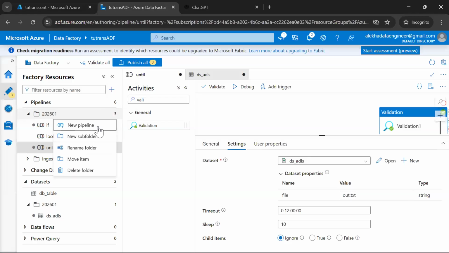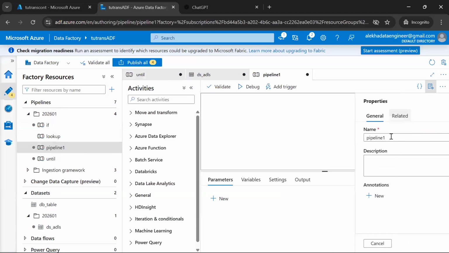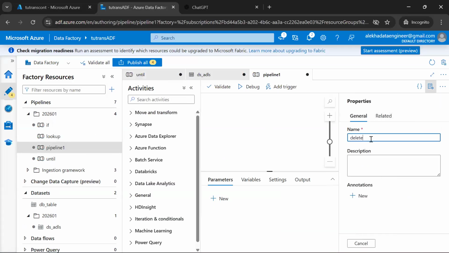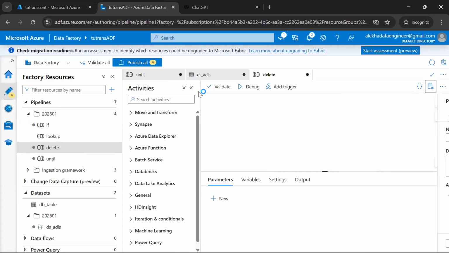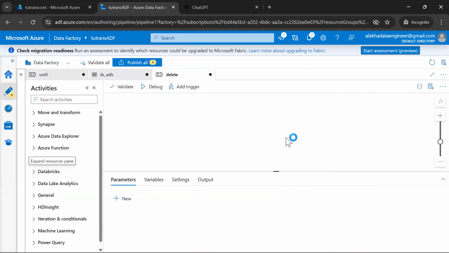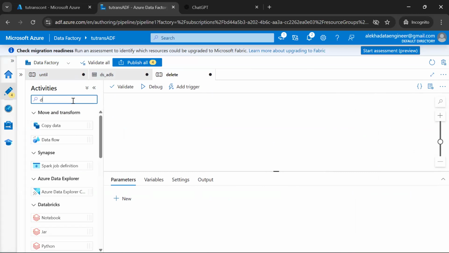Maybe I'm creating one more pipeline, which is delete. So please follow this delete activity. I'm not just showing you only the delete. The delete activity concept is simple: whatever file name you give, it will delete that particular file. Apart from that, I'm going to explain a few more things which are common